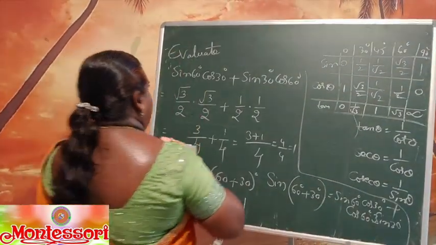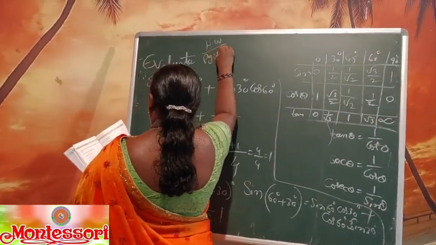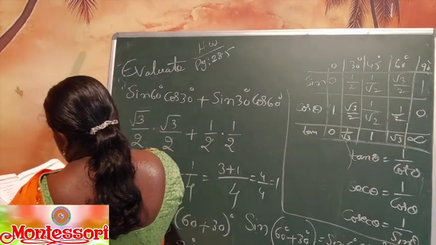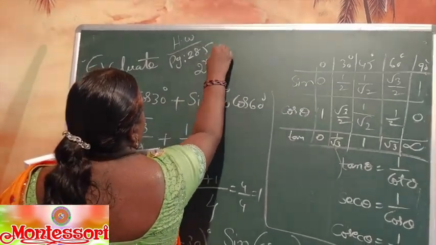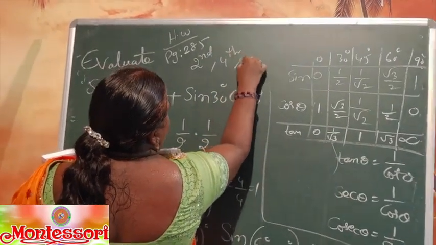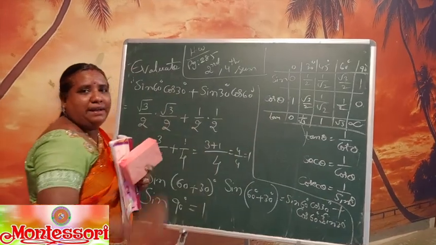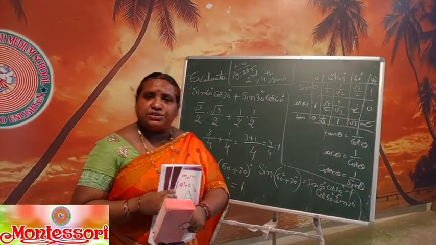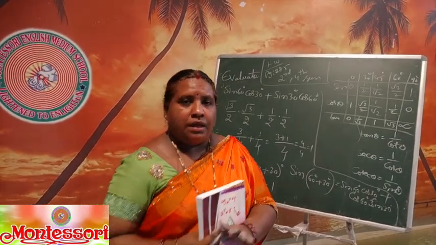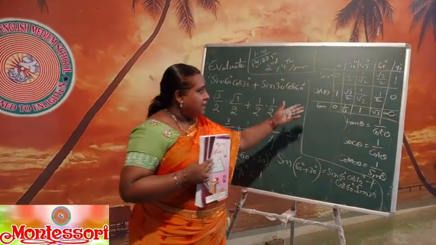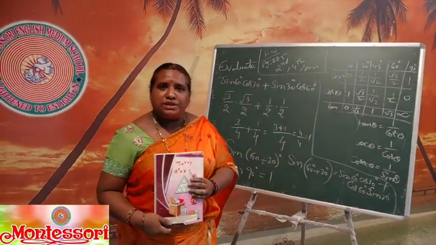Now today's homework is page number 285, second main and second sum and fourth sum. Second and fourth sums, very easy. And before that, we have to go through that. So you understood, I think, how easy trigonometry is. And before I gave the values chart, once again, the reciprocal chart also you can write and practice well. This is today's class. Thank you.